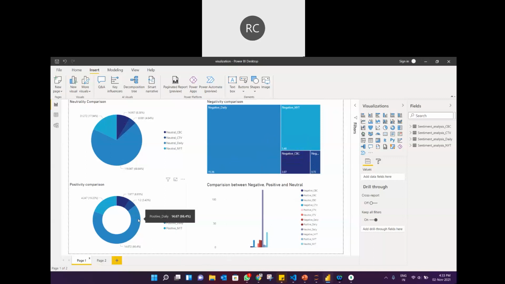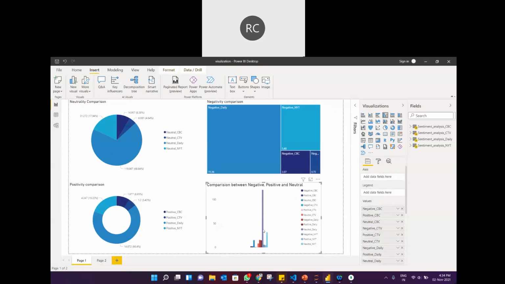For positive comparison, we can see that here also daily news has the highest positive news, followed by NYT, CBC, and CTV. And in the comparison of all of these,